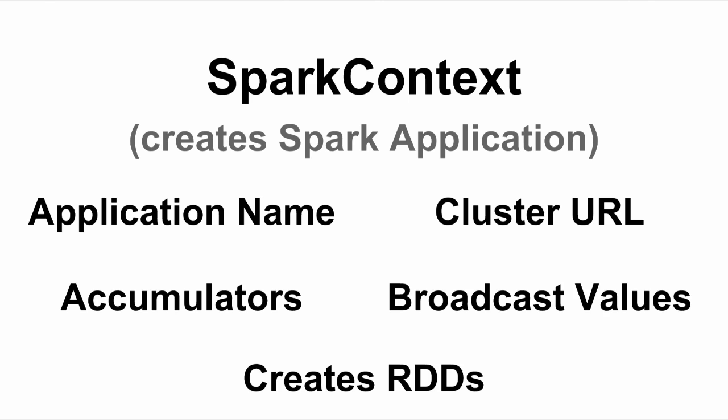But using this context, we also can do a few other things. We can use accumulators, which are an incremental counting value that gets distributed and shared across the entire cluster. We can use broadcast values, where we take one value and send it out to all the different nodes in the cluster, and it's now read-only. So there's no shared state option where a node can write something back to you. All it can really do is increment a counter. And the core reason I brought it up here, while talking about RDDs, is that it's the main entry point to create that first RDD, that stable RDD on which we build.